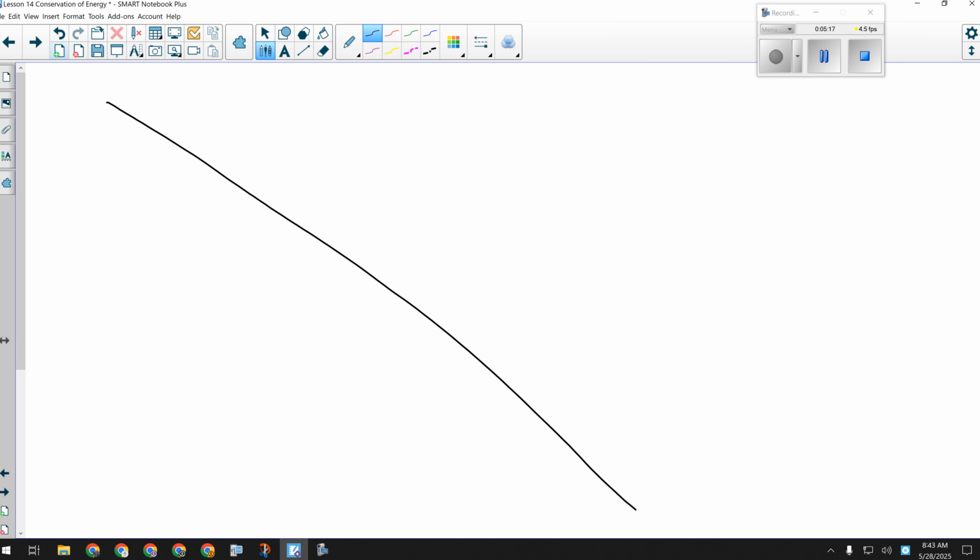Let's say I've got a ball on a hill. My initial point is going to be the ball sitting on the top of this hill that is 20 meters tall. If you're not writing this down, you should write this down. You can write "conservation of energy introductory example." I'll write that on the board.